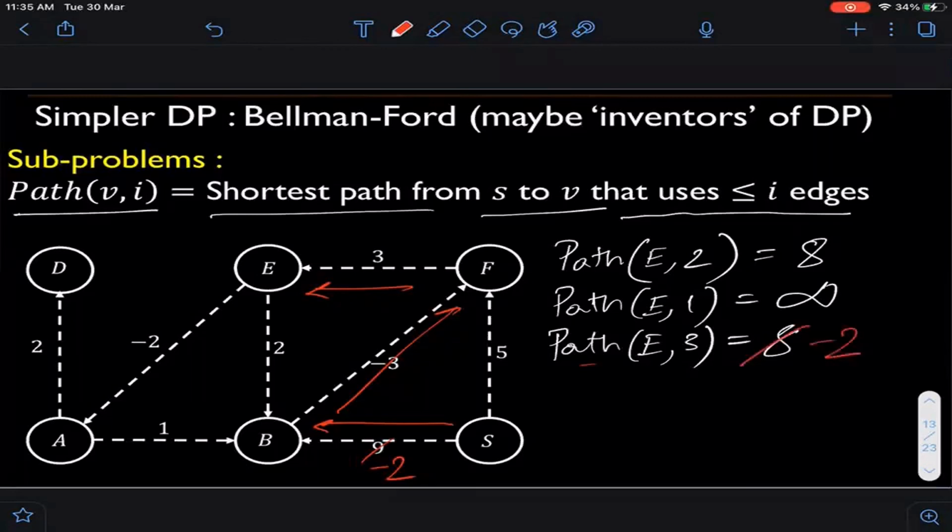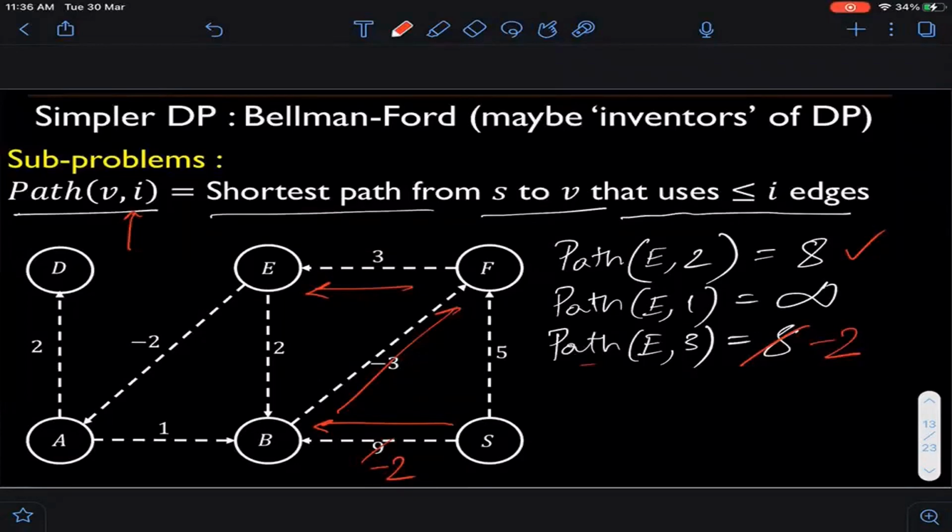So if the cost was like this, then this. And remember, but path(E, 2) is still 8. Okay? Everyone understands this. The answer to path(E, 2) is still 8 because there is no way to reach from S to E using a path of only 2 hops which has a lower cost than 8. Okay, so that completes my subproblem definition now. And if you go back to Kevin's initial question, this parameter now effectively controls that you are getting closer to the source, because as you have imagined, now when I write the recurrence, this i is going to decrease for me.